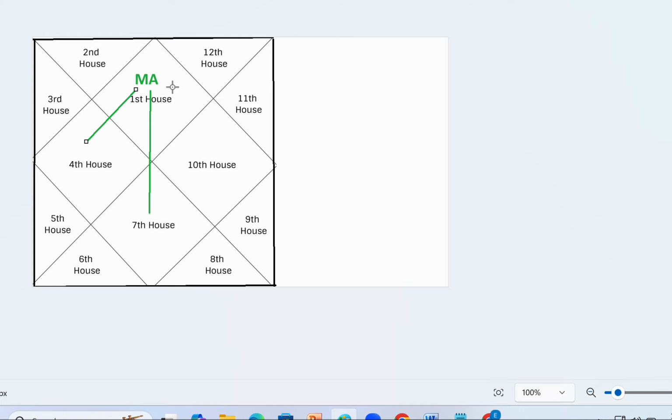Yes, yes. Okay. Now there is a fourth aspect. You simply count the number of houses. One, two, three, four. It is looking at the fourth house. Then count eight houses: one, two, three, four, five, six, seven, eight. So it is giving the third aspect to the eighth house. So when Mars Dasha is getting activated, it activates the place where it is sitting, that house, the Rashi, the fourth Rashi, the seventh Rashi, and the eighth Rashi.